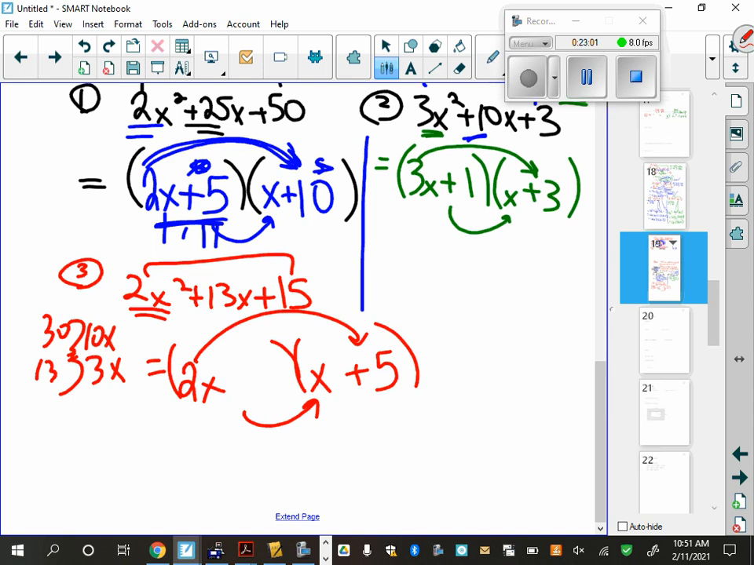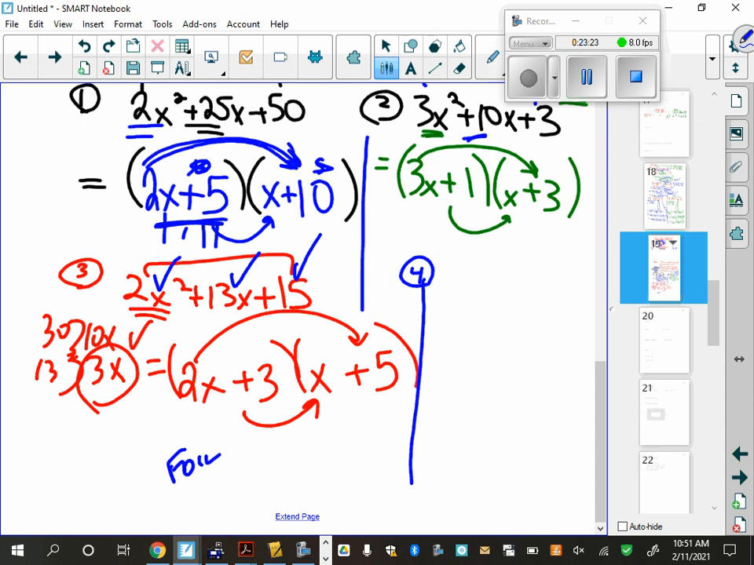Now I've got my 5x and my 10x. I need my 3x. So how do I get 3x? x times 3. There's my 3x. You can clearly see there's my 10x. Does it work? I better just quickly FOIL check it. So 2x squared. Yep. I got 10x plus 3x is 13x, and then wow, that is so much quicker and easier